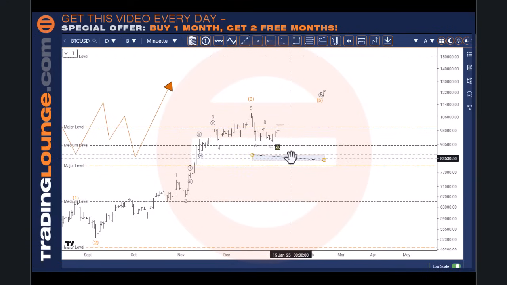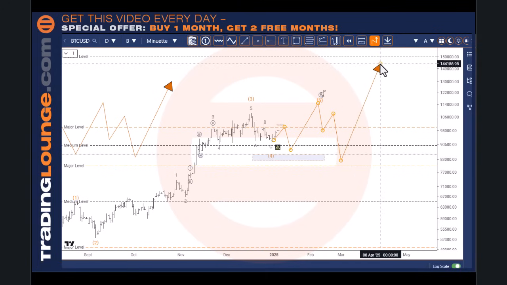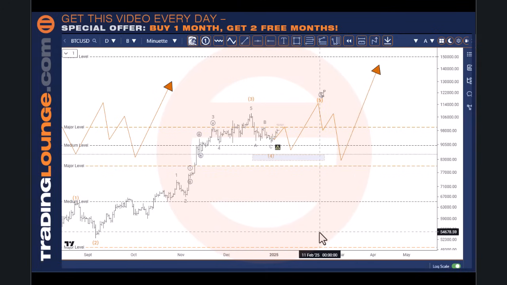Now, the second thing is that this wave 4 here, I could put it in here, and we could be done here with a little ABC in here. That could be possible, or we'll need to see this move up here come back down into this space somewhere, and then move up, and then have the ABC pattern here, taking the lows out and all the weak positions, and then moving up at that point. So that's sort of where we are at the moment with the bigger picture.